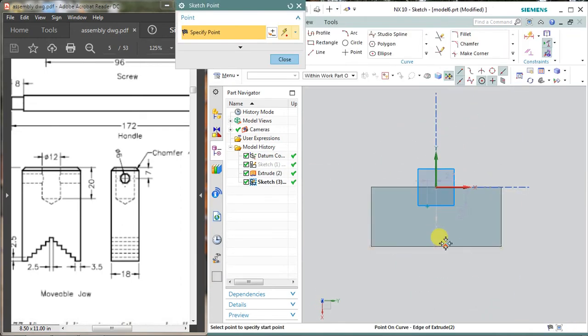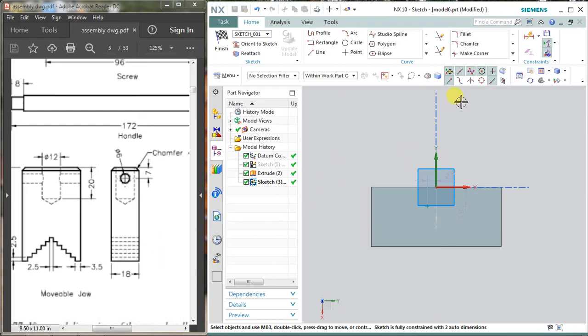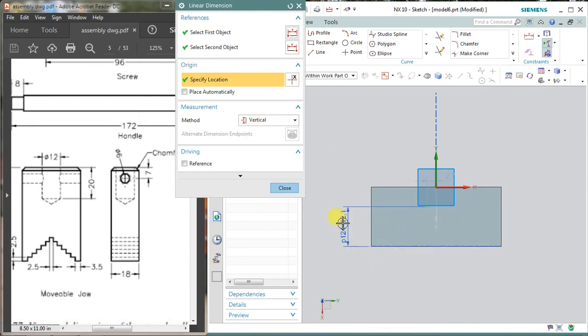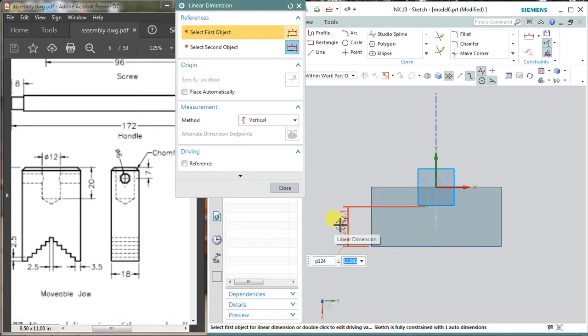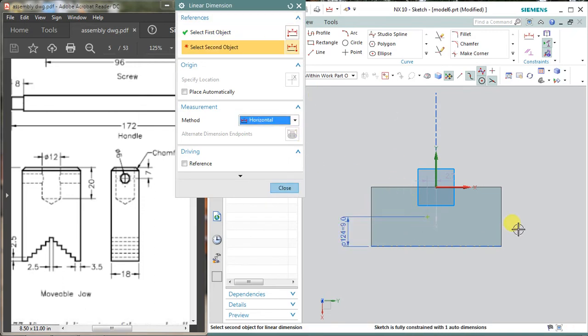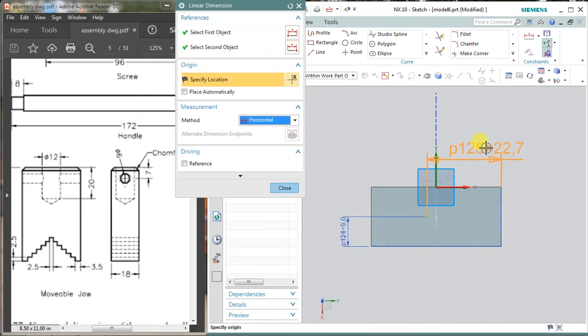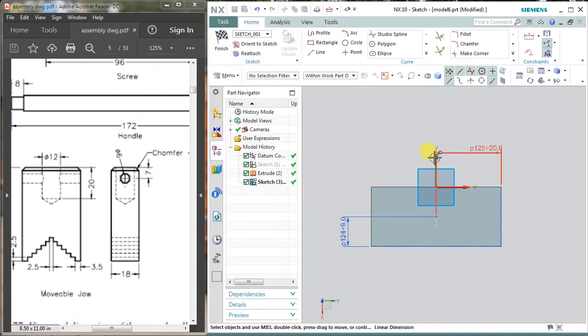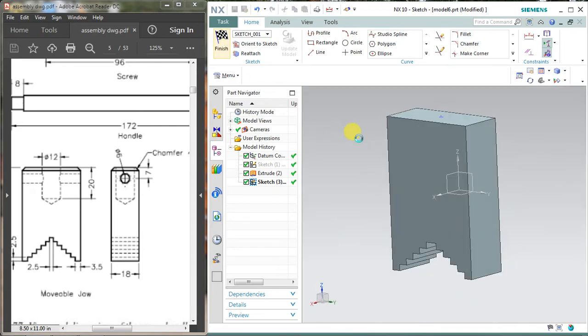Now the dimension. Select close. It is 18 mm thick, so after selecting this dimension, select vertical, select this point and select this bottommost line, and it is 18 mm, so I am giving 18 divided by 2. Select horizontal from this linear dimension, select the point and select this vertical line, and it is 40 mm wide, so feed 20 mm here, so that the point can come at the exact center.